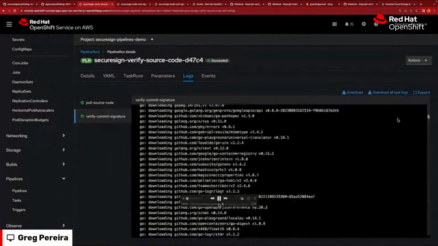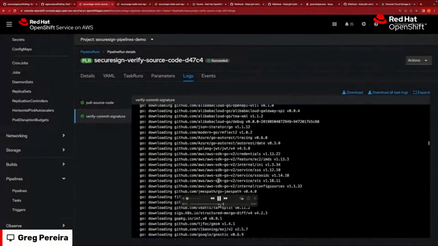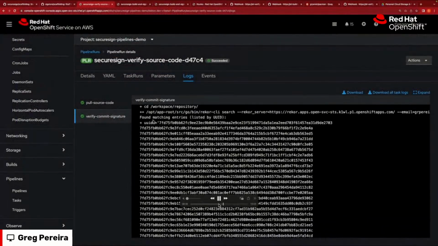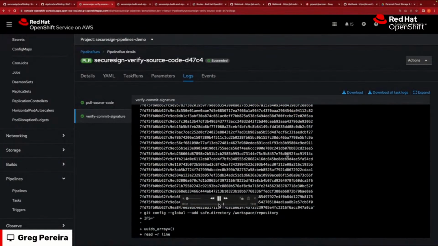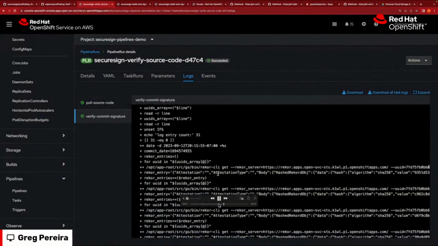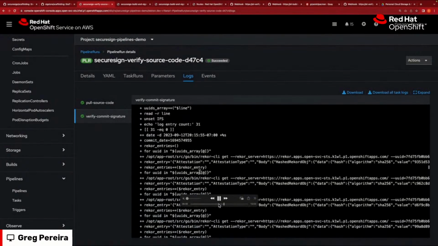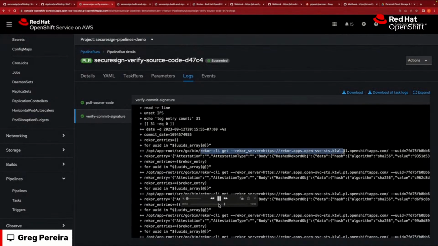So we can step through these logs and match it up with the code pieces we just saw. These are the binaries it's installing. These are the unique identifiers that are signed by my email for git commits. This is just the task logging for going through those entries. We have 31 Rekor entries in the log. It's iterating over those. This is the JSON. You can see the different JSON body entries for the Rekor entries.